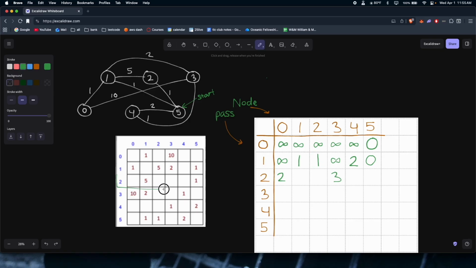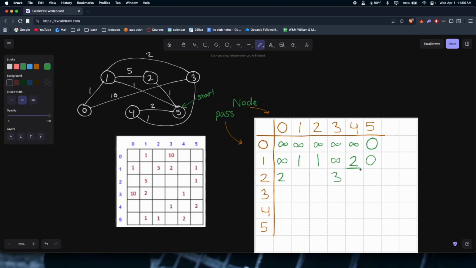Okay, so now we're going to be focusing on this row. All right, so the cost to get to node 1 from node 2 is 5. So we add 5 plus 1, which is greater than 1, so we do not need to update this. All right, we can go to this next node here. So 2 to 5, the cost is 1. 1 plus 1 is 2, so we do not need to update it. All right, now we finished this node completely because we processed these two already, so we can move on to